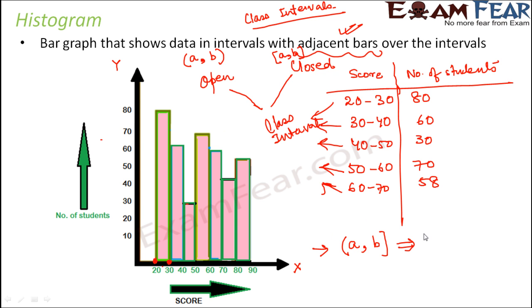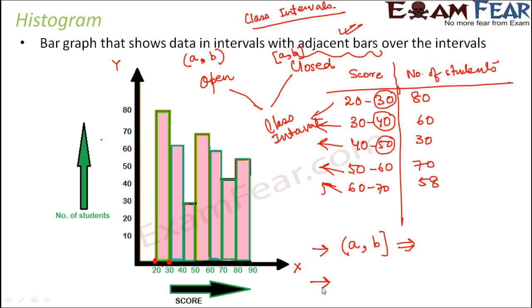So if you go by this approach, for the first interval, it will talk about all the values greater than 20 and less than or equal to 30. Again, in the next interval, it will consider all the values greater than 30 but less than or equal to 40. So basically 30 is included in the first interval, 40 is included in the second interval. So 40 is not included in the third interval. But in the third interval 50 is included. So 50 is not included in the fourth interval. So with this approach, this is how you would calculate.